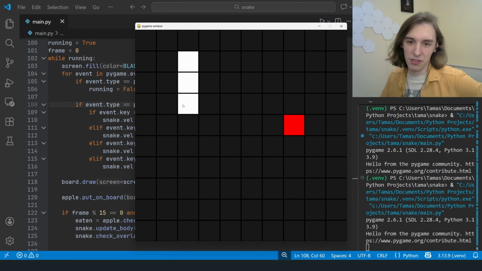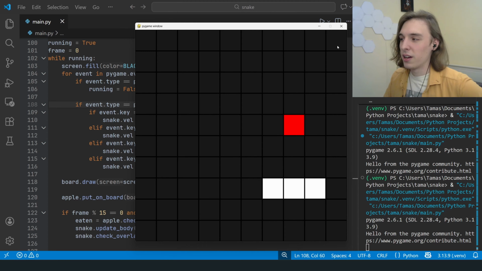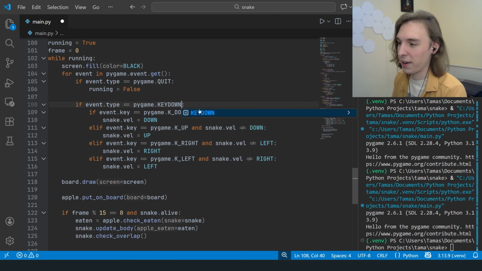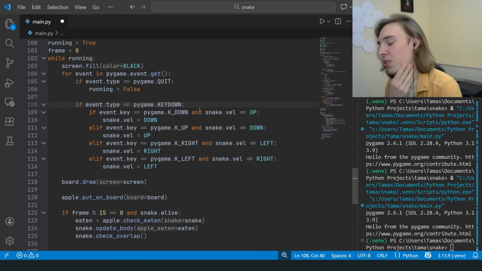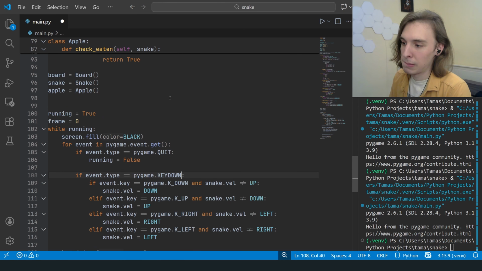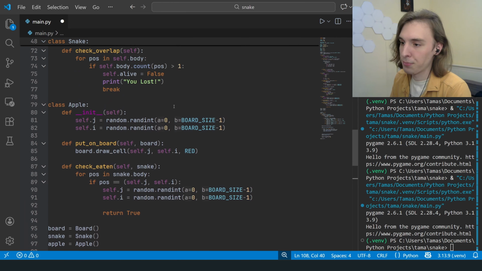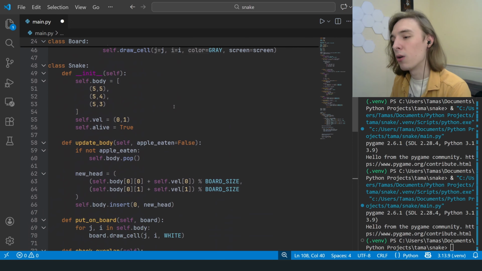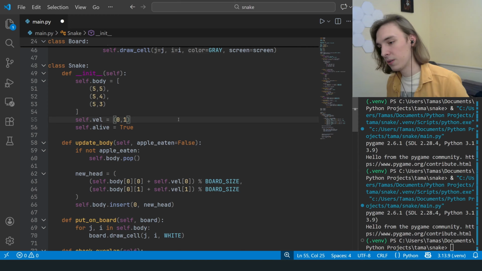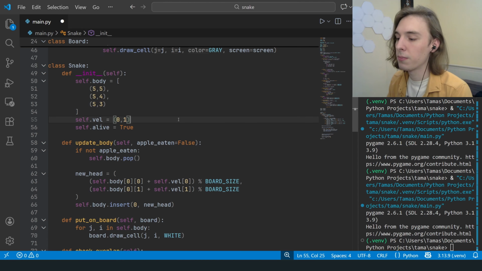Okay, but now the issue is, see, I'm pressing right, for example, now I need to actually hit it on the exact frame. That's not the fix. Okay, how about the snake doesn't only know its current velocity, but how about